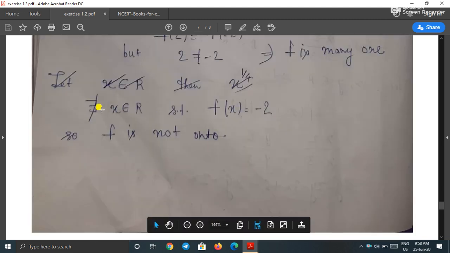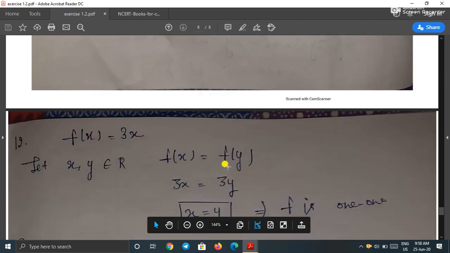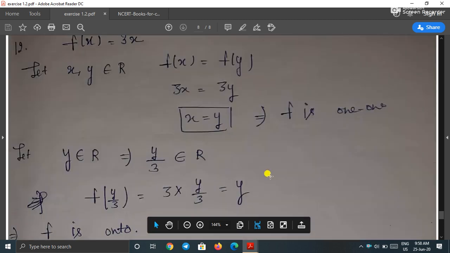See, नेगेटिव पॉइंट कभी भी रेंज में आएगा ही नहीं. ओके, नाउ लास्ट प्रॉब्लम ऑफ दिस एक्सरसाइज इज